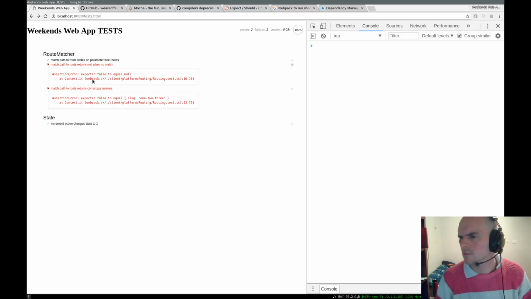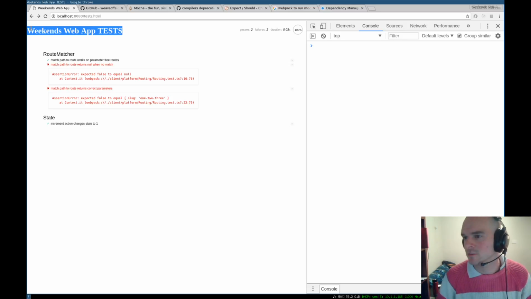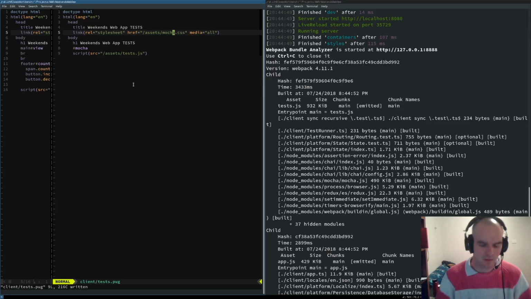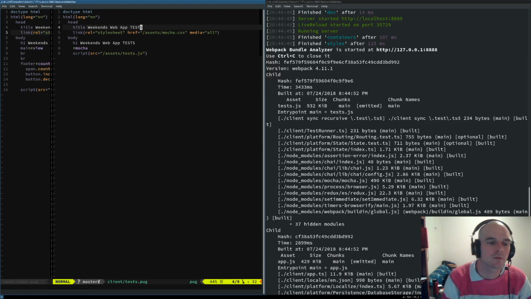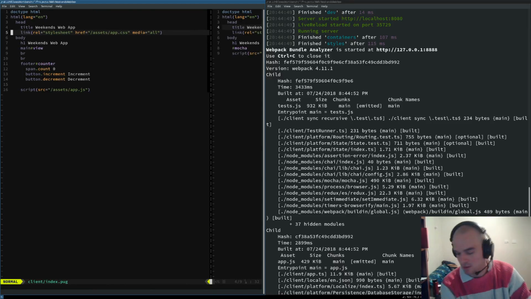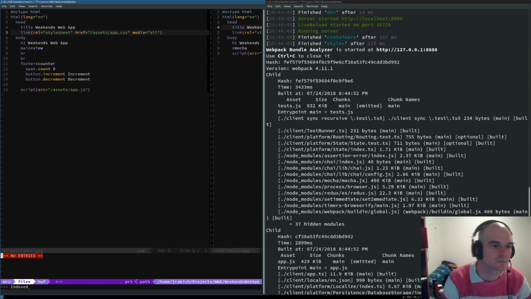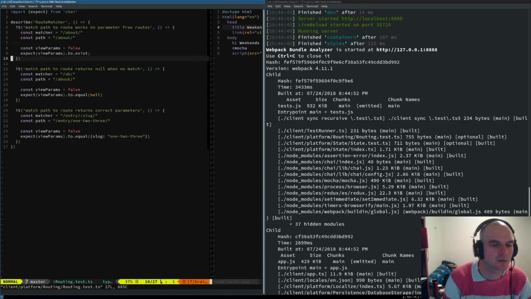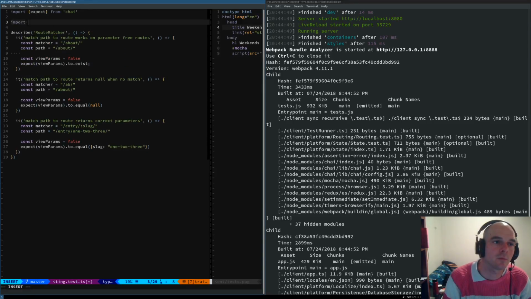Isn't that nice? And what we could do even more, we could add our own styling to this thing up the top here. We won't bother to do that until we've actually got the branding for the web app or anything like that. But so we've got ourselves a nice little room to work in, and the best thing about it is we should be able to run tests on our database layer now. So if we jumped into a route matcher, routing.test.ts, we should be able to import database storage safely.